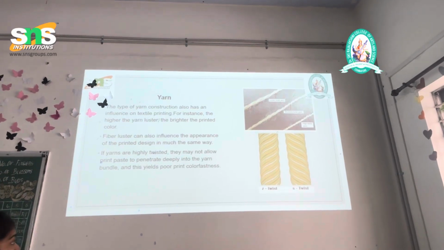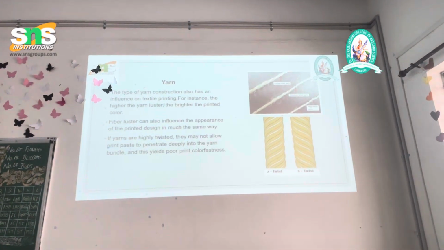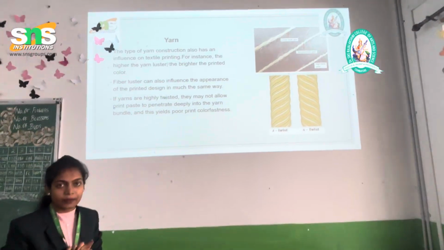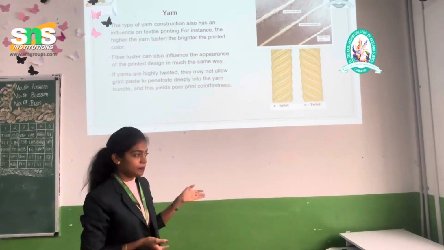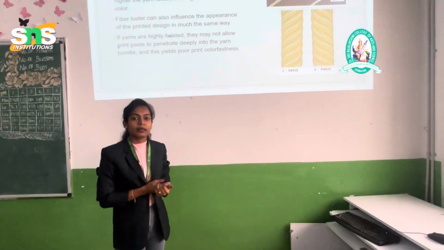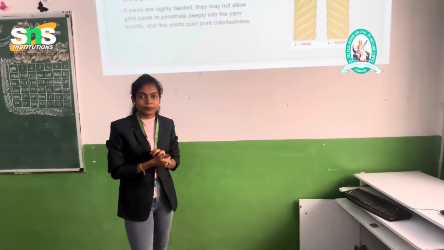Another one is about yarn and yarn twist. After fibers are gathered, they are spun into yarn, a continuous strand of twisted or laid fibers used in the production of fabric. The properties of yarn directly affect the texture, strength, appearance,